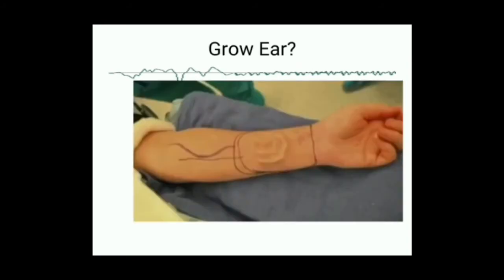Can you grow your ear on your forearm? Yes, it's a very interesting fact. In the year 2016, an American soldier lost her ear in a car accident. So what did they do for her? They took a small portion of cartilage from her rib and placed it under the skin of her forearm over an ear mold. Over a few weeks, the cartilage proliferates and the ear grows, and later they transplanted it in the place of her original auricle. This is a part of auricular reconstruction surgery.